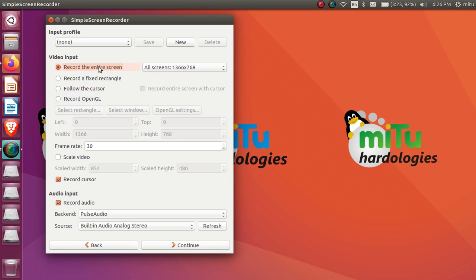So currently I'm using the entire screen. Whatever resolution the screen carries, that's present and possible here. Currently I'm having 1366 pixels in X and 768 in Y. Okay, now what's a frame rate? Frame rate means the number of pictures per second. Depending upon the frame rate, the size of the video will vary, because if the number of frames, the number of pictures in a single second, is more, then obviously the size of the video will be more.